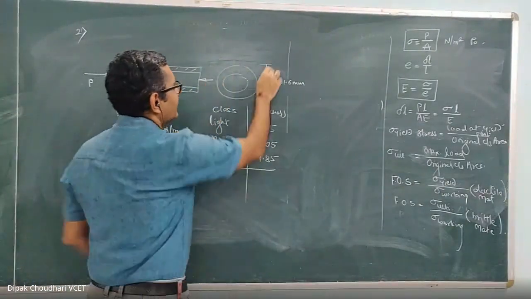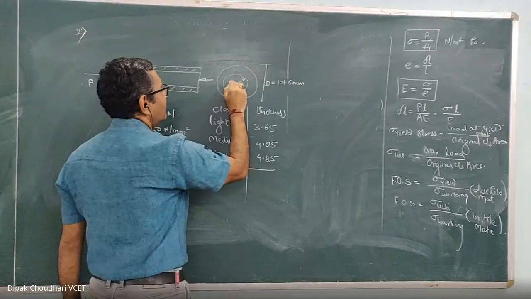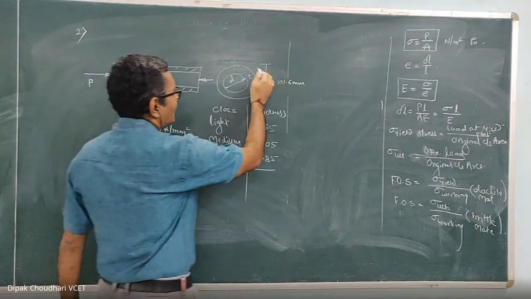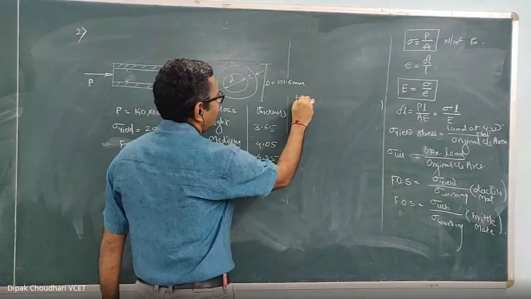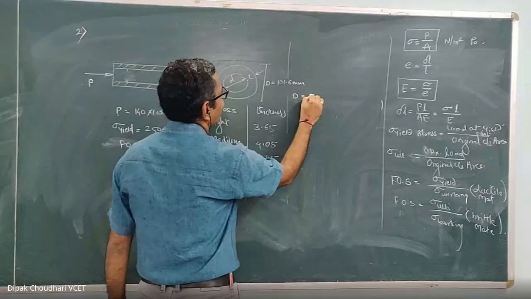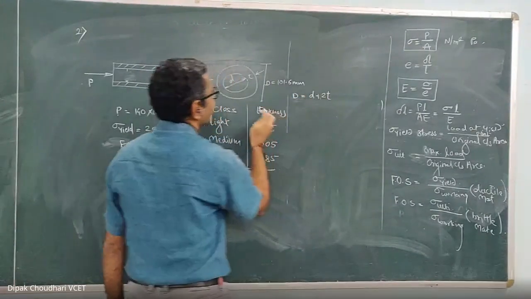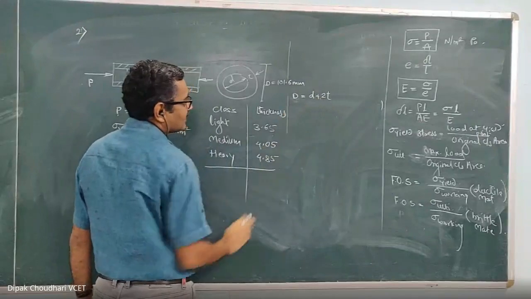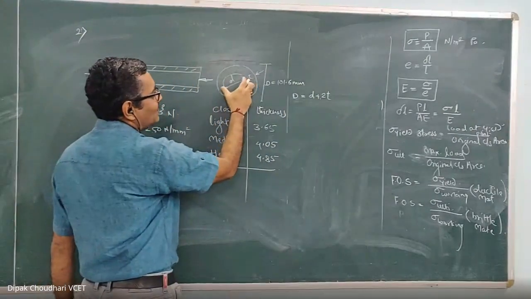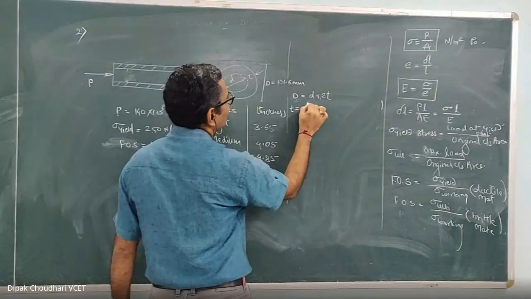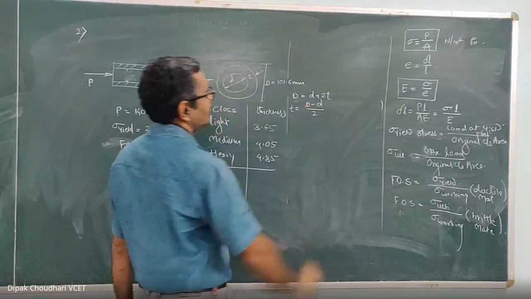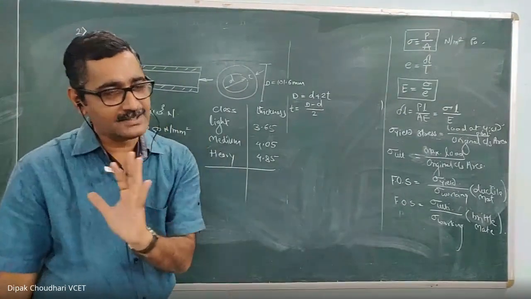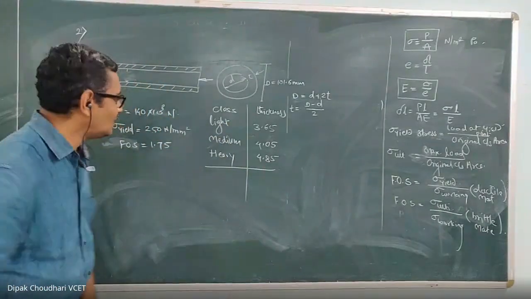Here it is the external diameter D, the internal diameter let it be small d, and this is the thickness t. Remember, whenever a hollow tube is there, capital D equals small d plus 2t. Don't write capital D equals small d plus t. It is not only d plus t, it is capital D equal to small d plus 2t. That is, we can write t equal to (D minus d) upon 2. Remember this. So we'll first calculate for this given application what should be the safe thickness, and then we'll compare that thickness with these.